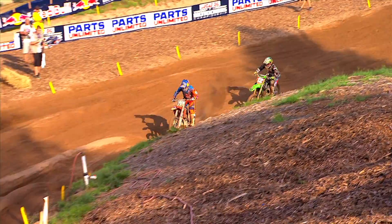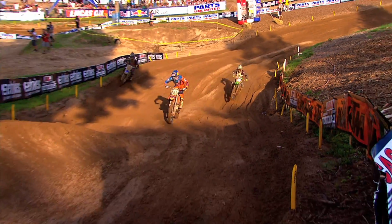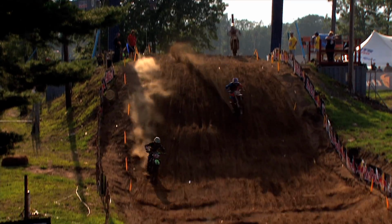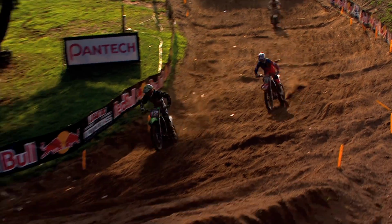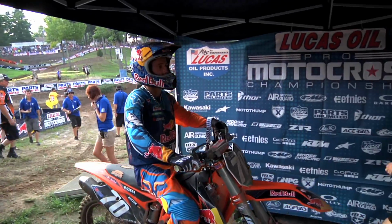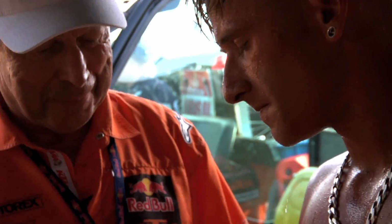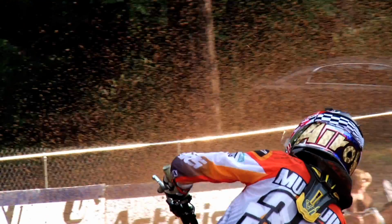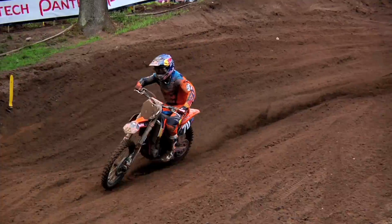And Ken Roczen showing the kind of fight that people were hoping for at the beginning of the year. What a great fight for the number 70, and Baggett crosses over again. Baggett to the lead. Blake Baggett wins here at Southwick. Good fight. Good fight. Southwick showed what this team is made of, with strong rides by Musquin and Roczen on the 250s